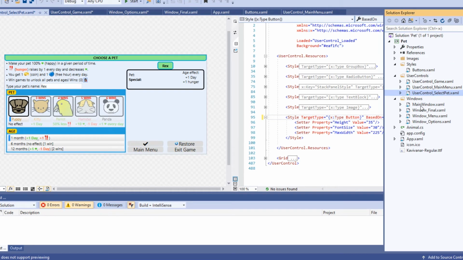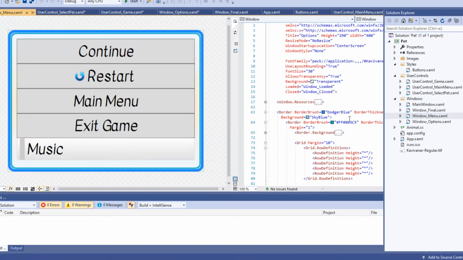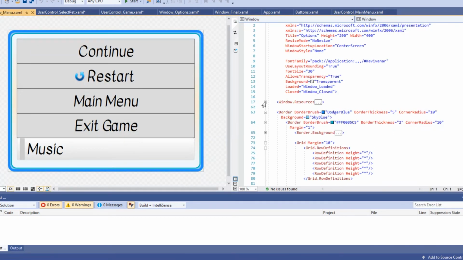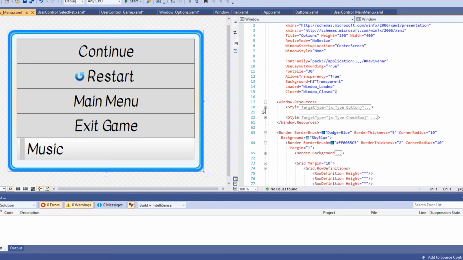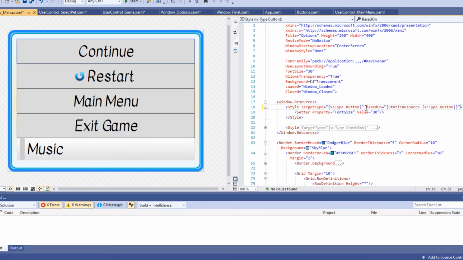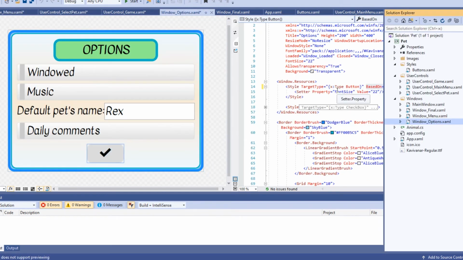Next, window final, no, window menu. Okay. Here, paste it here. Okay, so let's check it.